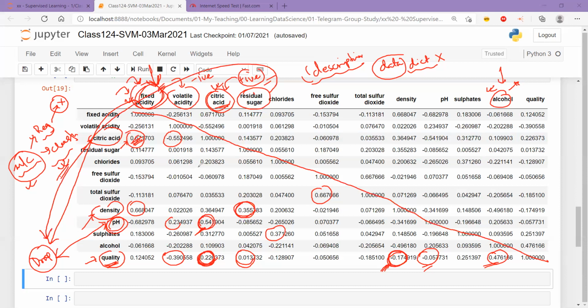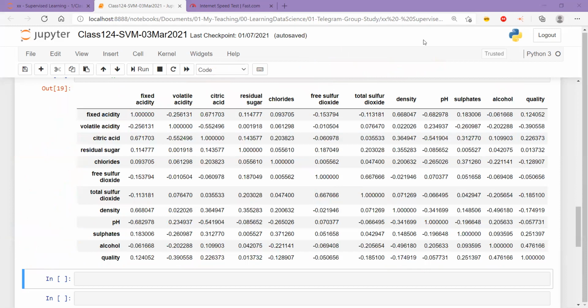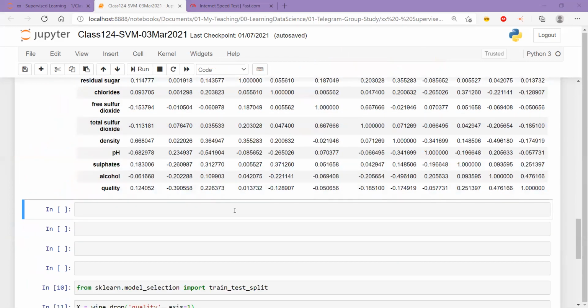So this kind of decision making we can take. I'm not going to do this; I'm just showing this as an example. This is optional. You may want to choose which features you would like to drop. But if you're going to drop features, please ensure you have read the description or you have a person who has very good domain knowledge. If you don't have that knowledge, please get hold of a person who does, and you should learn that, otherwise this will become a problem. So as of now, because I'm not a domain expert, I'm not going to drop anything.